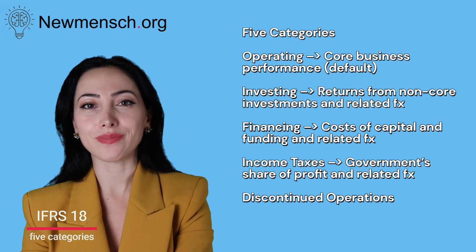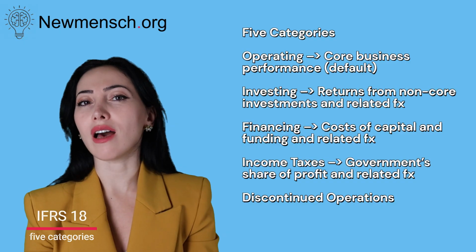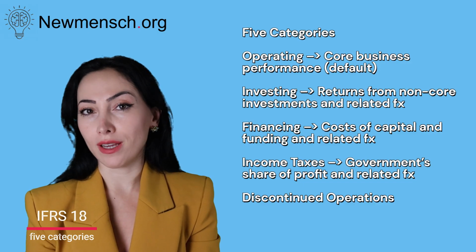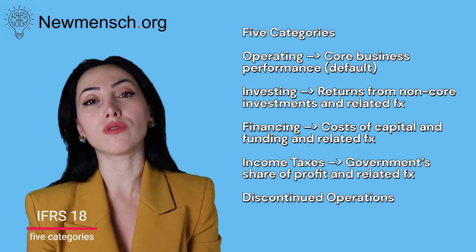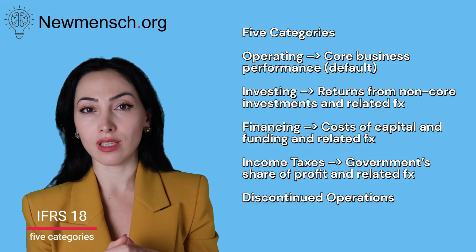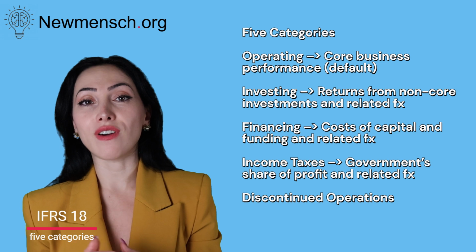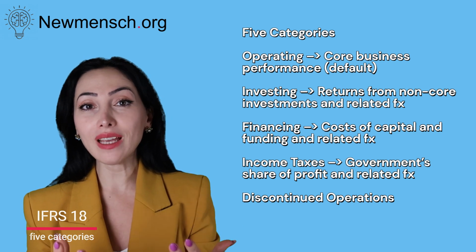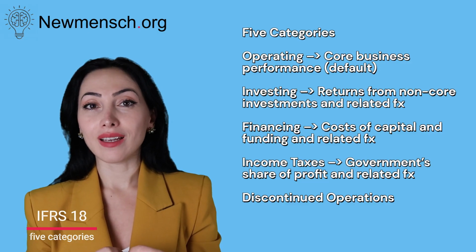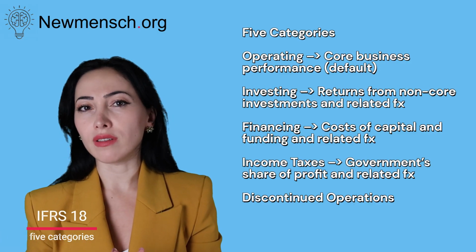Our next category will be financing, and this one is more or less under the control of management. Management decides how the company will be financed. And that's why it's very important for investors to see this category completely separate from the other categories, to be able to evaluate how risky the business is or what the means of financing the company are, and so on. And here we will see income and expenses from liabilities that serve to finance the business. We will of course deep dive and see what is